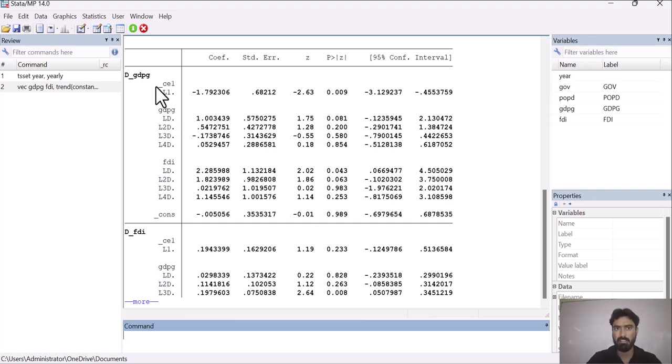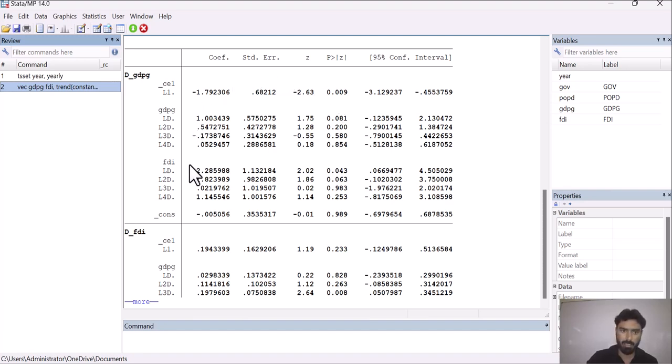For the existence of a long run relationship between these variables, this probability value must be less than 0.05. As you can see, in our case, our probability value is much less than 0.05, which means that there is a long run relationship between our variables.